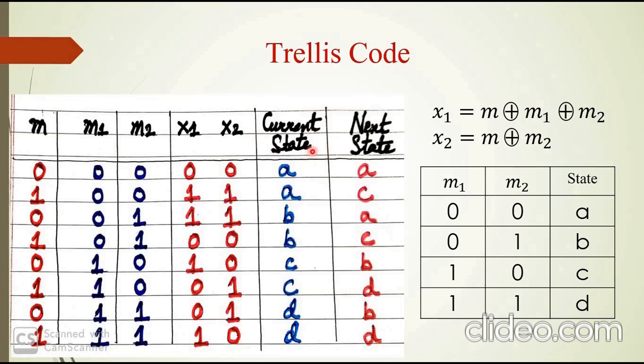So for all possibilities, if M1 and M2 is 0, 0, the current state will be A. If it is 0, 1, the current state will be B. If it is 1, 0, the current state will be C. And if it is 1, 1, then the current state will be D.